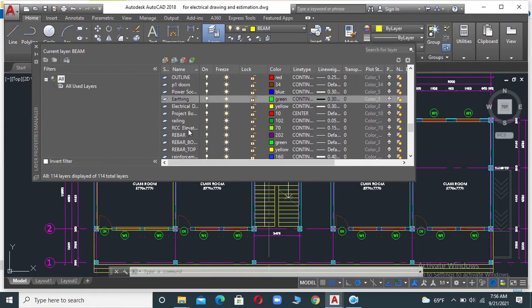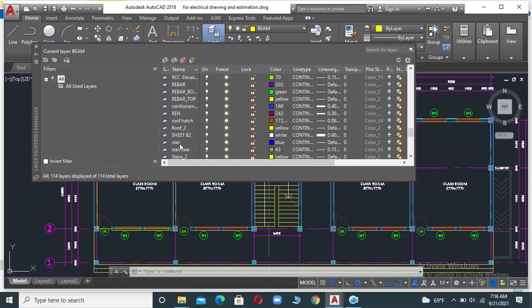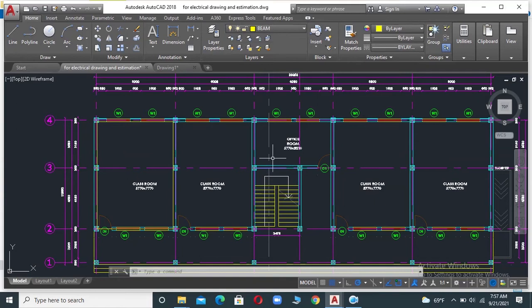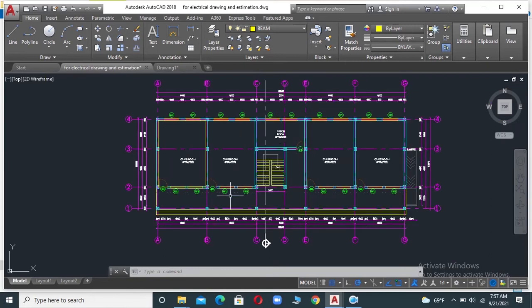So here we have created the new layers. Okay, the existing ones were already created by the architectural person. But here we are going to draw the electrical drawing, that's why we created new ones for our side. Now let's use the electrical layer. Okay, so we can close from here. We'll talk about on and freeze, what basically that feature in the layer is, later. Okay, first, basically how to work on a layer, let's talk about it.